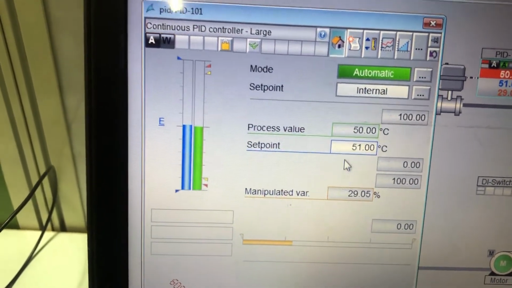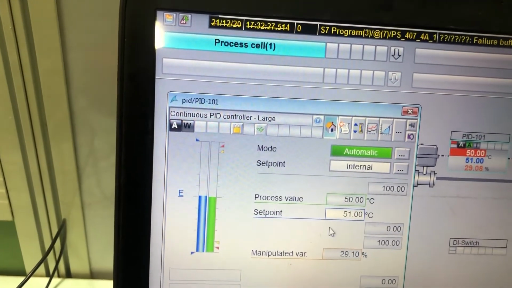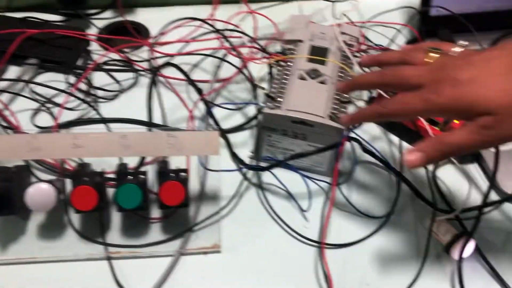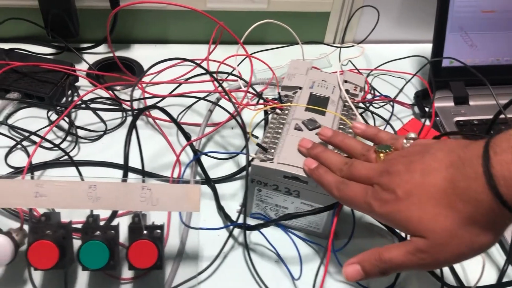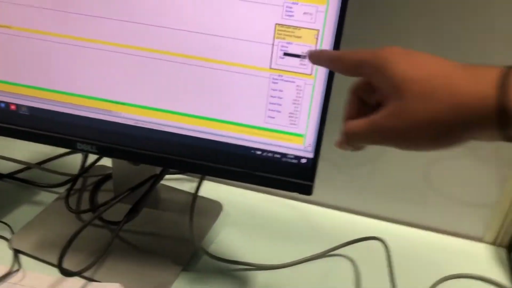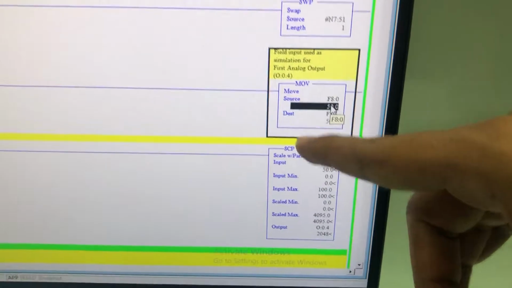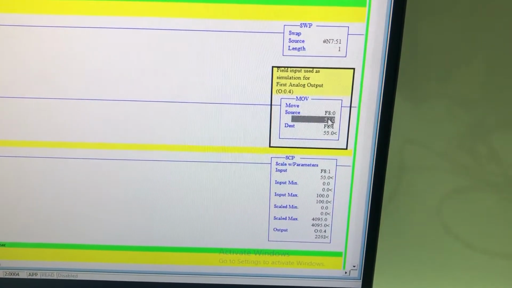Okay, so we will just change the process value from the Rockwell software, because we are not having analog 4 to 20 milliampere analog outputs on this Micrologix 1400 PLC. So we will simulate the value more than the set point. So we will simulate here a 55 value,